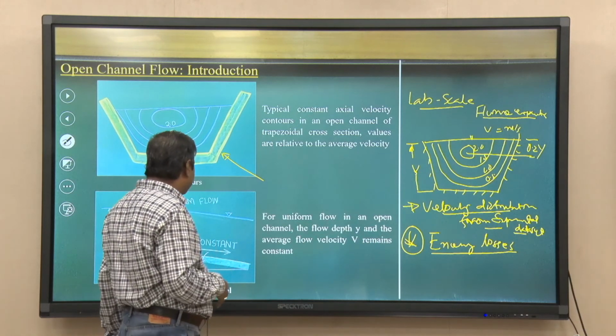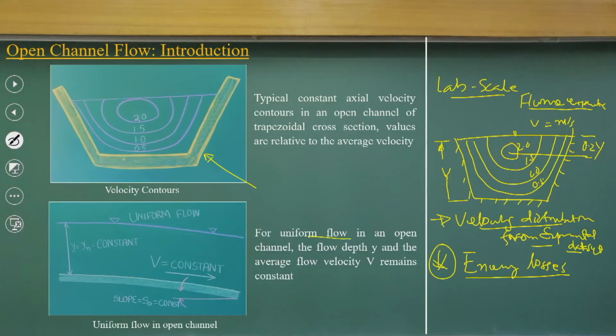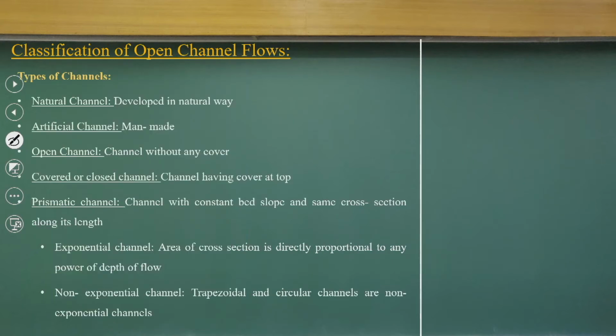So, in one case there are the classifications. One is uniform flow, as we discussed for flow classifications there. I am not going into detail. Now, as I discussed, we talk about natural channels, artificial channels and open channels. The name open means one of the sides is open, so it does not have a cover at the top. I think this definition is not